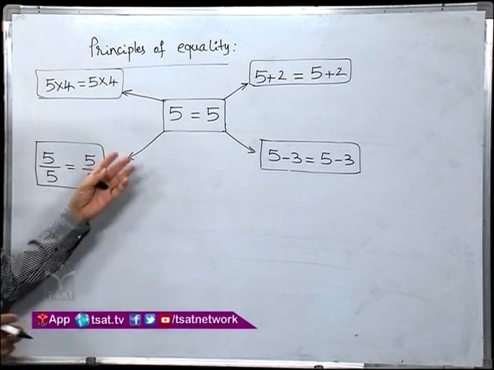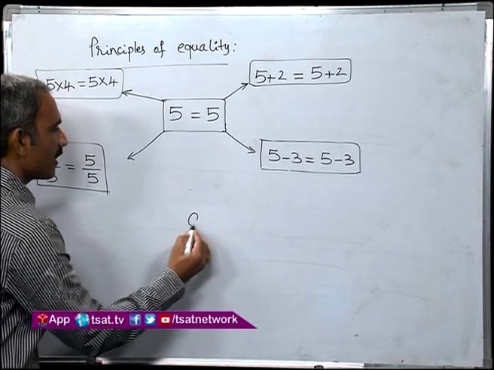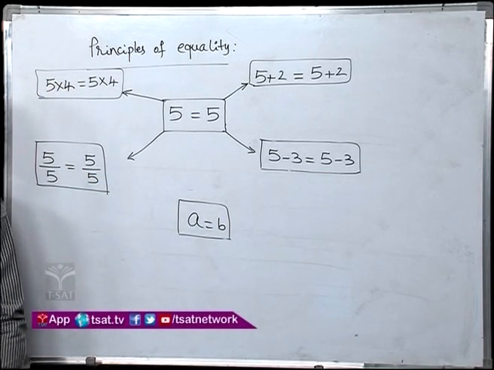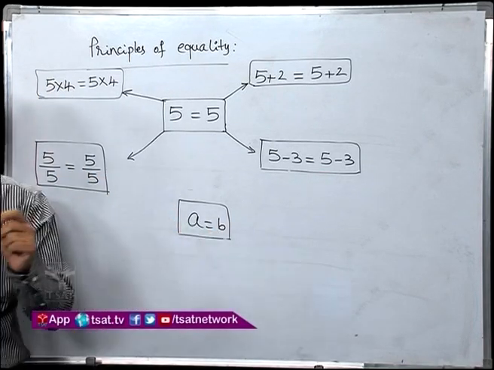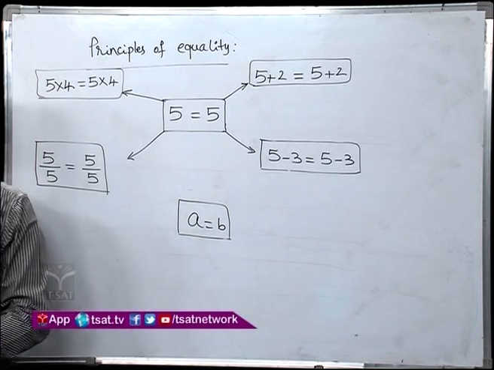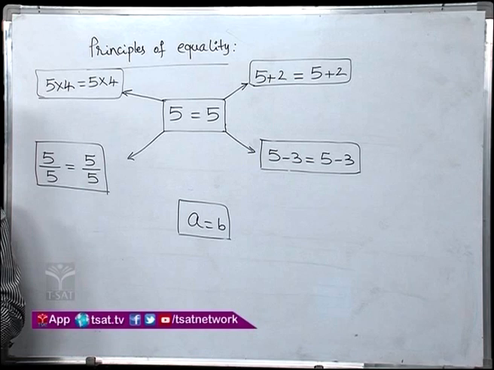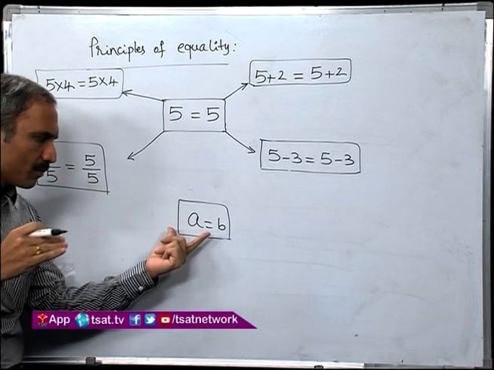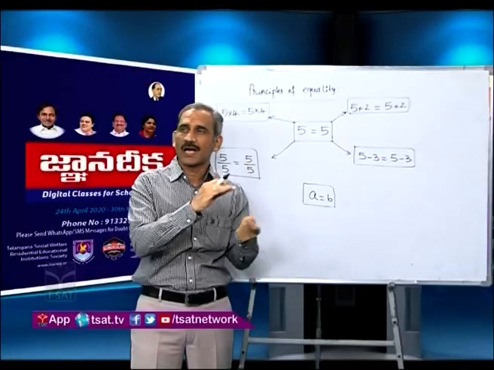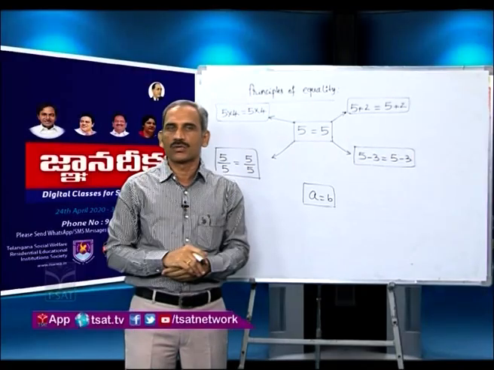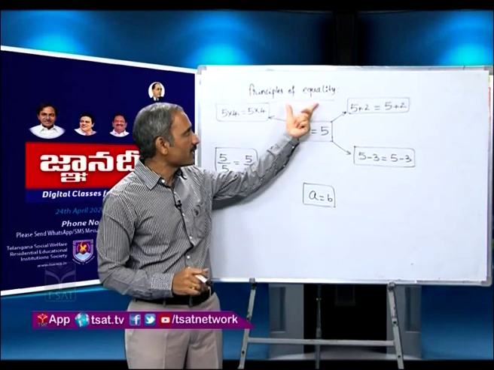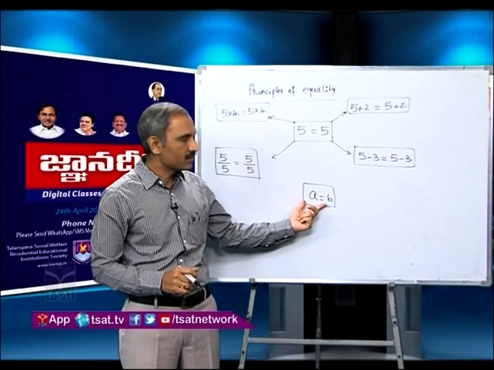Okay. Now, let us come to our variables. Let us take A is equal to B. Two variables are same. Already we know that every variable will take some numerical value. Therefore, whatever the principles we have for the numbers, we can apply the same principles to the variables also. In yesterday's class, we applied the distributive property also when you are adding like terms or subtracting like terms. Here also we are applying these principles of equality for these variables.